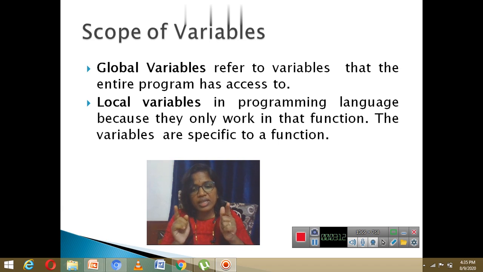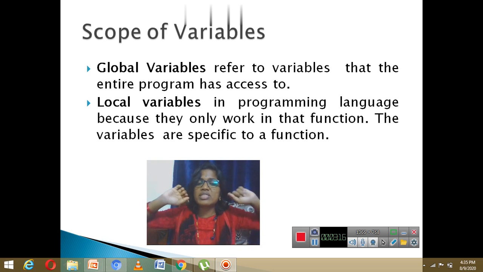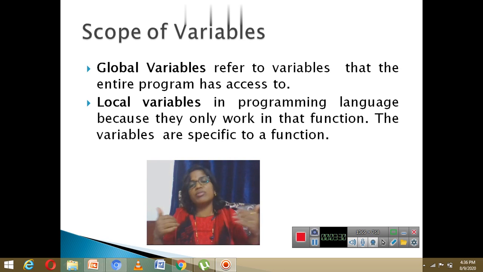The other case is the variables which are declared outside the main, that means outside the user-defined functions also. Those variables are global variables. They will be ready to serve all the functions along with the main.